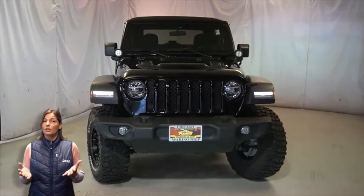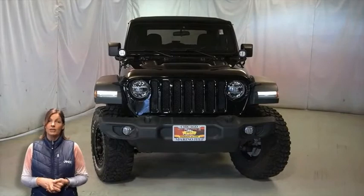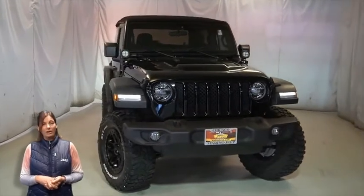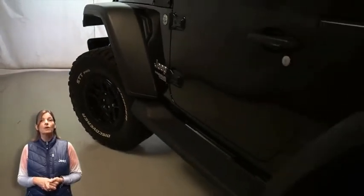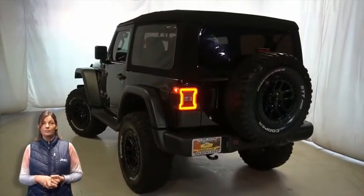There's only one vehicle that blends classic style and modern design to create the next generation of an icon. Take a look at this 2020 Dodge Challenger SRT Hellcat Red Eye, wide body and Torrid clear coat. With bifunction HID projector headlamps, sport hood, 20-inch forged wheels, Brembo 6-piston front brakes, power heated mirrors, rear one-piece spoiler,